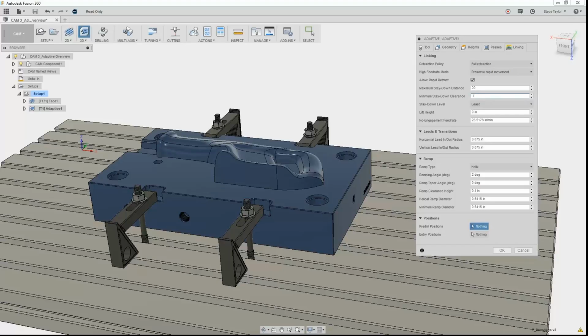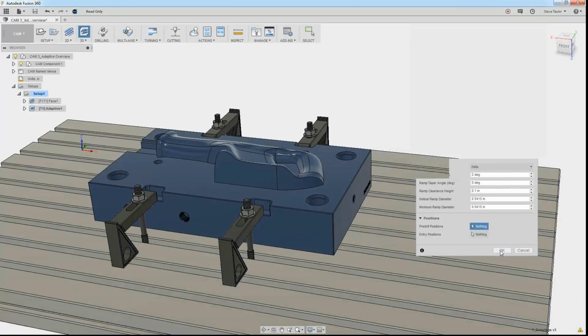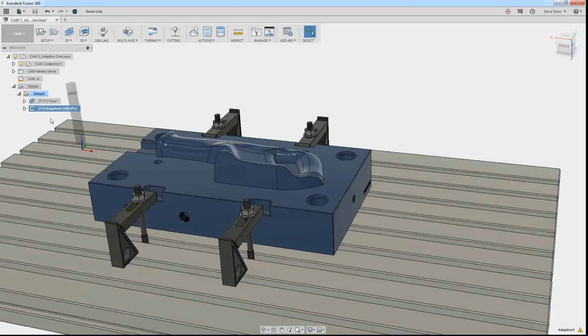If we're retracting a big distance, or we're constantly up and down, it just adds more and more time to the machining time. So if we say 70% stay down, on the actual linking, on the stay down here, if we change that to 70% and then press OK,